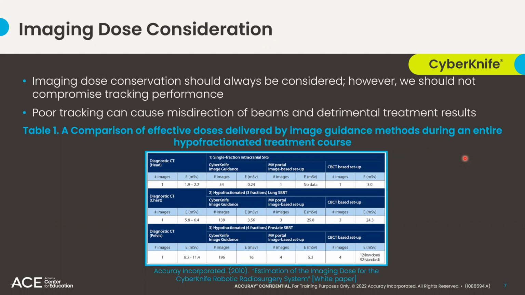These numbers were determined by surveying a limited number of CyberKnife sites to establish the range of KV, MA, and exposure time settings. And from these ranges, the median values were used to calculate the typical effective dose per image pair. For respiratory treatments, this included building the correlation model. For example, if we were to compare an average hypofractionated lung treatment, the effective dose to the patient during a course of treatment would be about 3.56 millisieverts, which is actually less than one diagnostic CT scan based on the